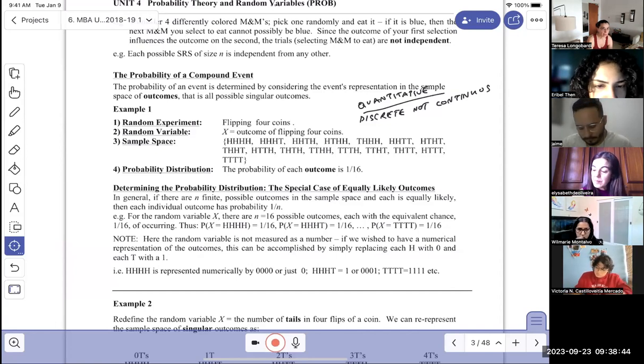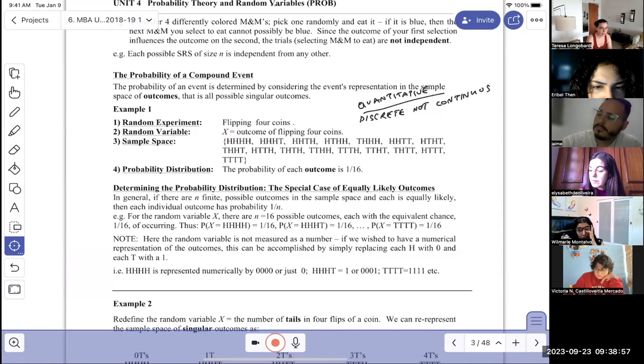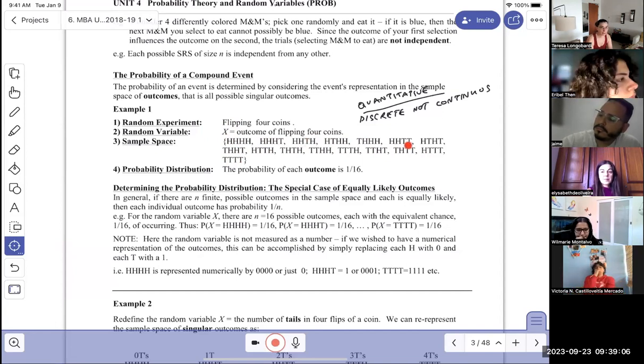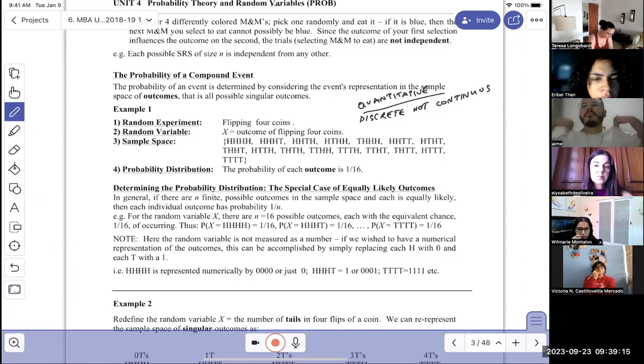For a variable like this, these are the possible outcomes, and analogous to making a normal distribution and saying that under the curve is 100%, we say here all the possible outcomes, their probabilities sum to 1, okay, in the sample space. So since these must sum to 1,